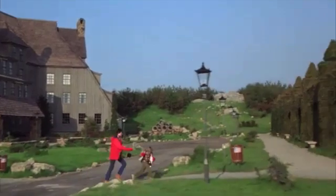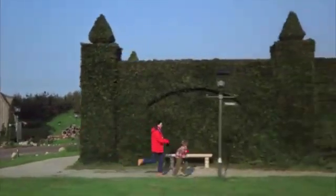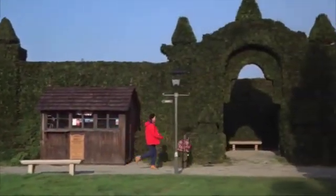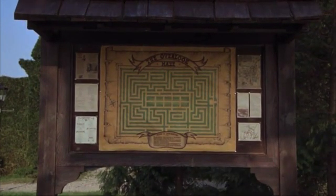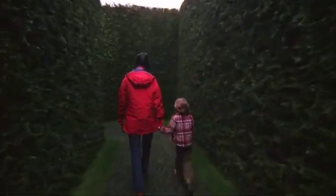Starting off with the most basic and most important camera angle that is always being shown throughout the movie, the first scene of Wendy and Danny walking through the maze is a tracking shot. The tracking shot is happening when you watch Wendy and Danny running towards the entrance of the maze. While this tracking shot is in process, it is always a don't cut, and then the camera pauses onto the map of the maze. Then we move on to another tracking and eye-level shot of the mother and son walking